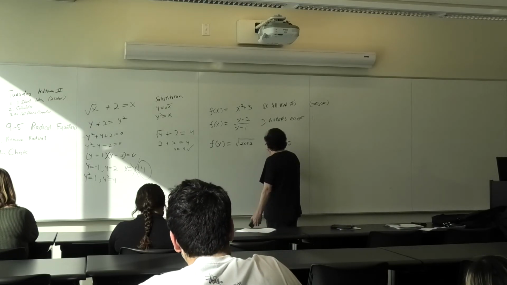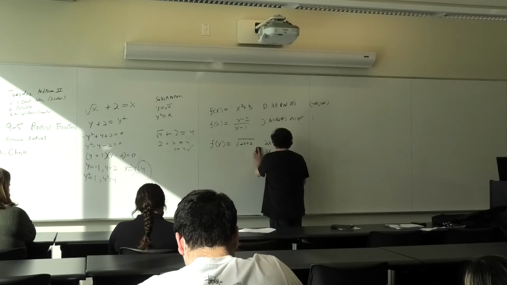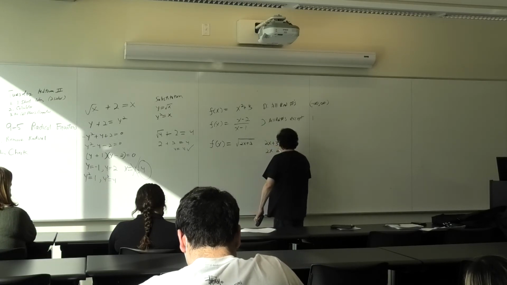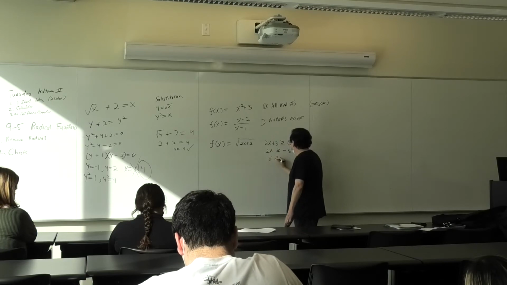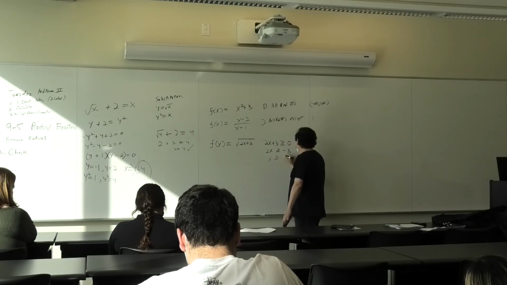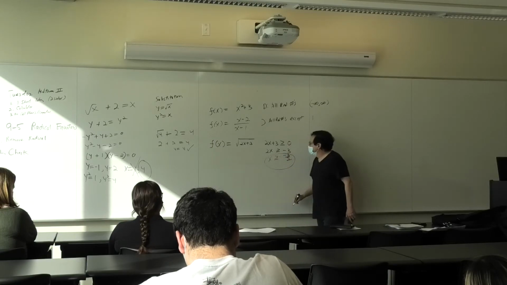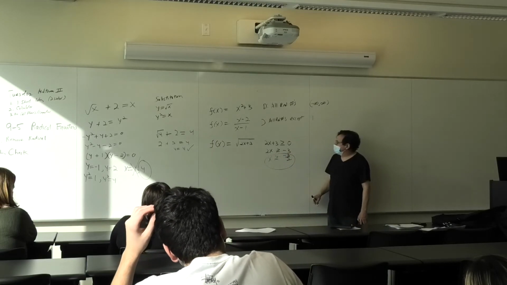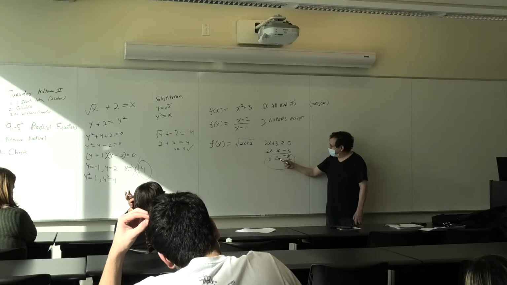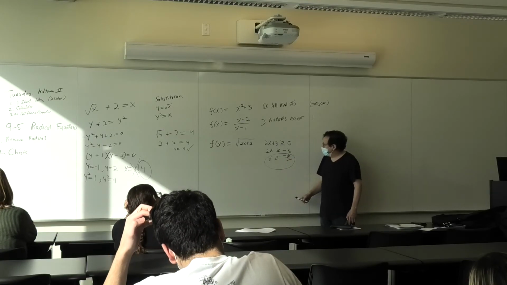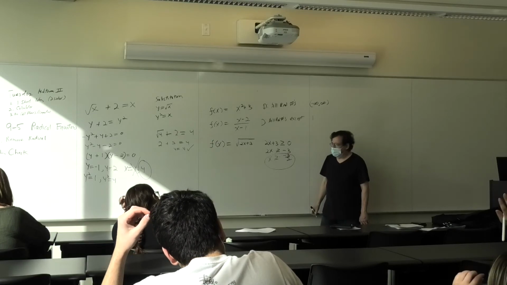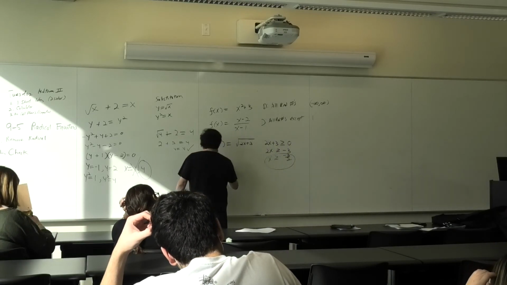But we could do a little more. We could say 2x is greater than or equal to -3, or x is greater than or equal to -3/2. That would be a more elegant answer. So all real numbers where x is greater than or equal to -3/2. We won't do this in class, but